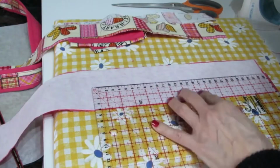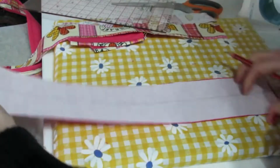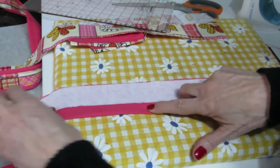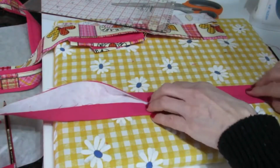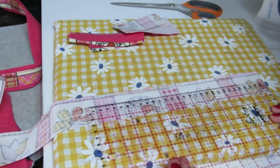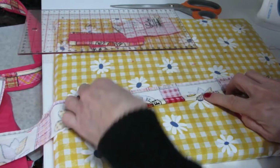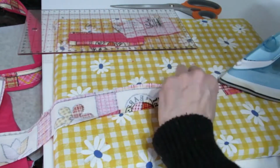On the wrong side of your straps, draw a line in the middle all the way through. Fold the fabric over on the one side with the raw edges on the line, iron it flat, and then fold the other side to the middle on the line and iron it again. Now do the cover strips. Draw the middle line, fold it over on the one side, press, and then fold the other side in and